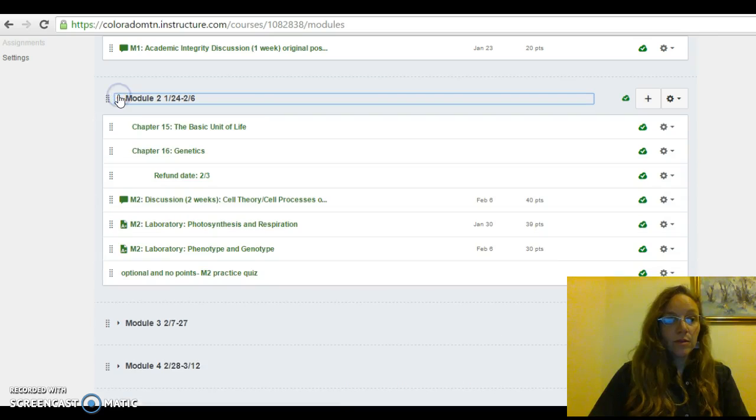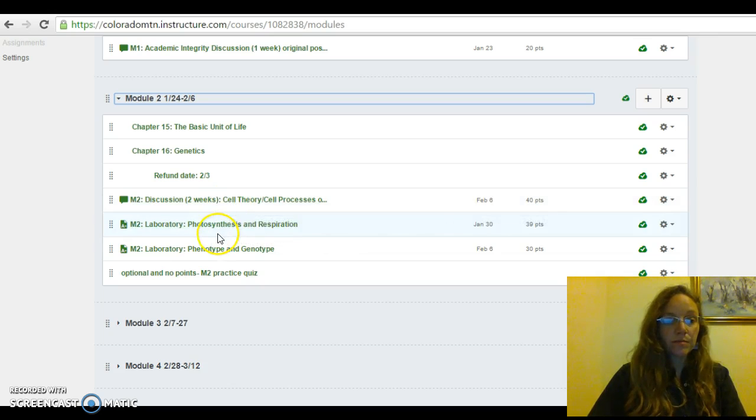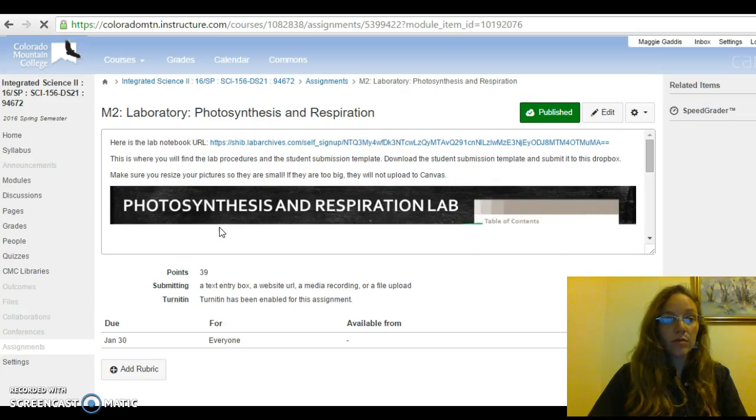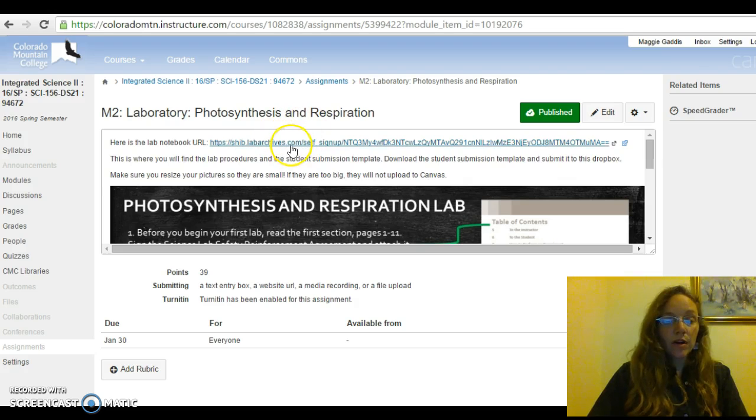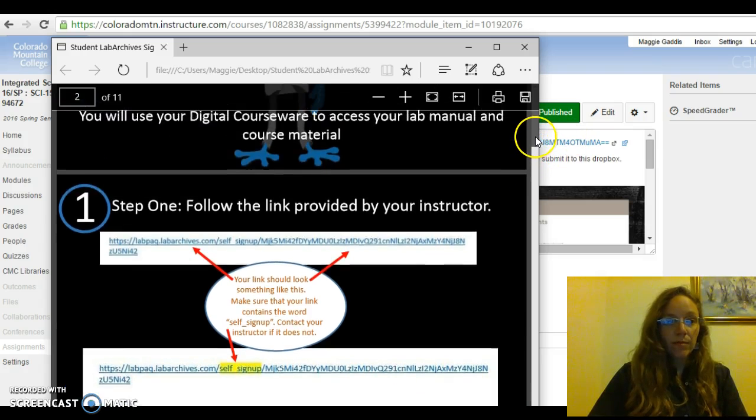In module 2, we will cover only 2 chapters, but we have some labs. We'll start our lab work, and we'll start our discussions, our content discussions. The lab work still will come through the lab archive site, so you'll click here and then you'll sign yourself up into the course. So you'll have to click into here and then you'll refer to this document